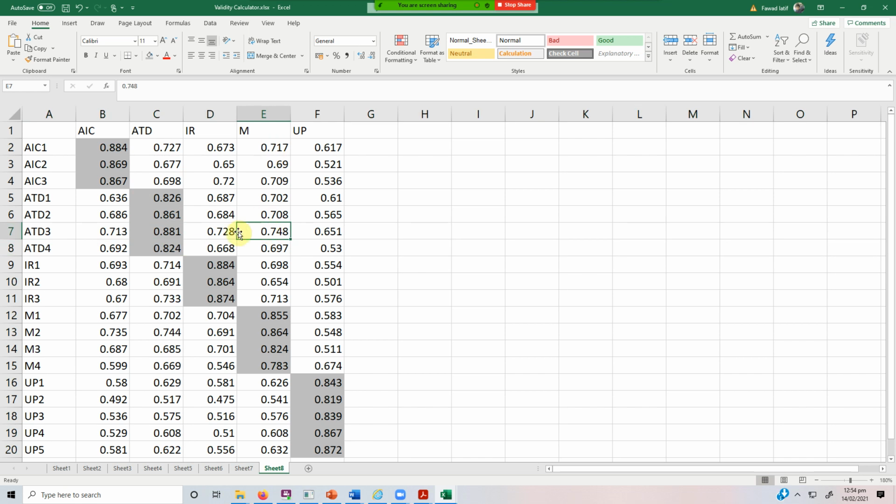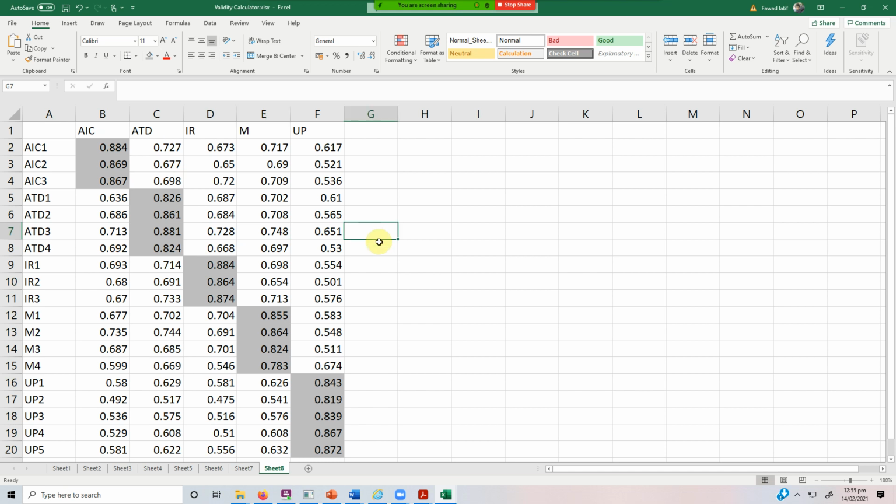See, it's loading well onto M as well, 0.881 and 0.748. So the difference is less than 0.15, but it's greater than 0.10. So if you were to remove these items to establish the HTMT criterion, then you will obviously have to look into your content validity as well. So this is how you can troubleshoot your model for weaker or bad HTMT values or discriminant validity issues: you go into and look into the